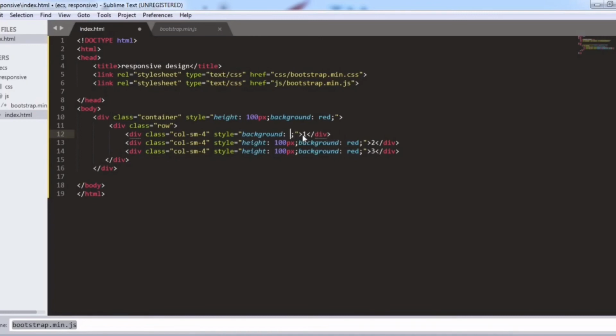So we will change the color of the three divs except the main. Suppose I have written the first div color that is green, and after that the second is yellow and the third one will remain red, or according to your use.